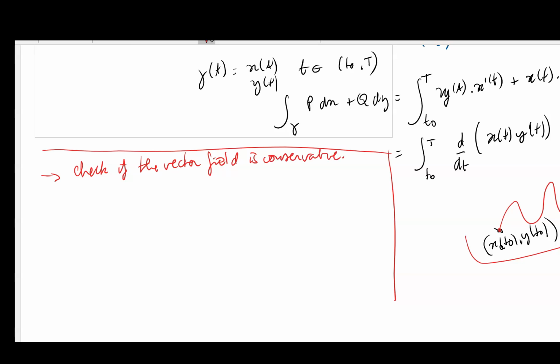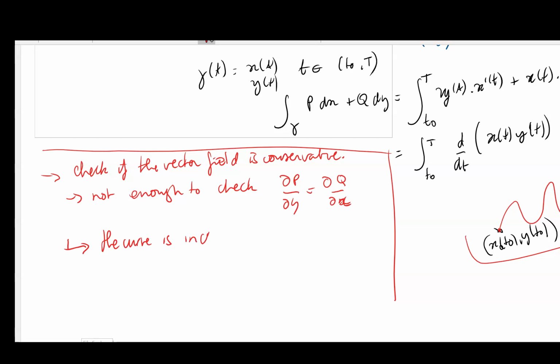But it's not enough to apply this thing where you check that dp over dy is equal to dq over dx. That's an important part, okay? But that's not enough. You need one more property, which is that topological property, that you have the curve